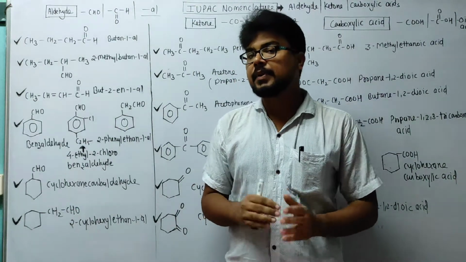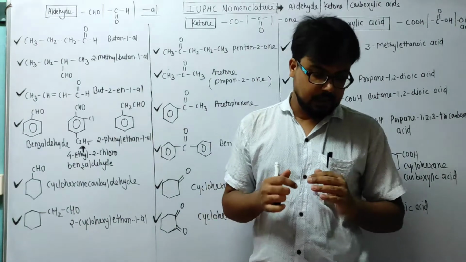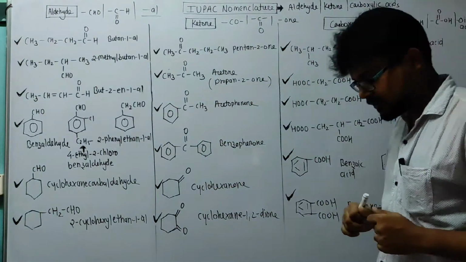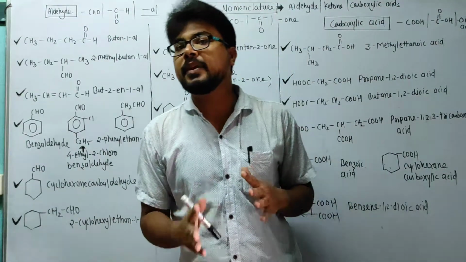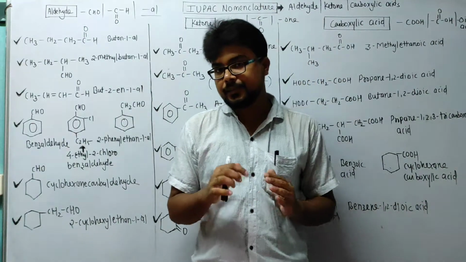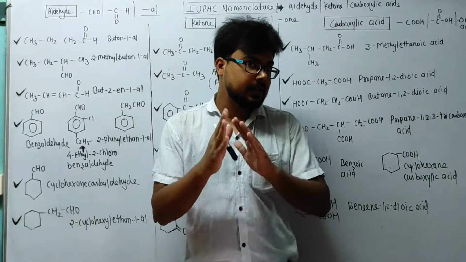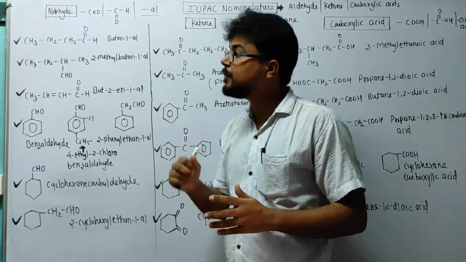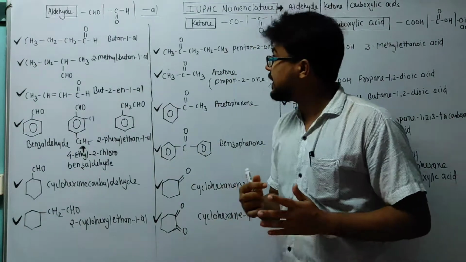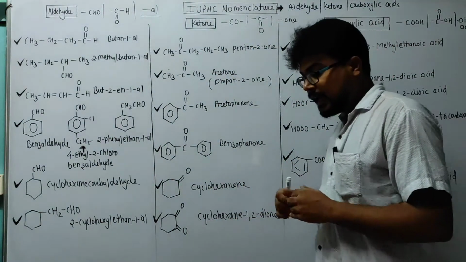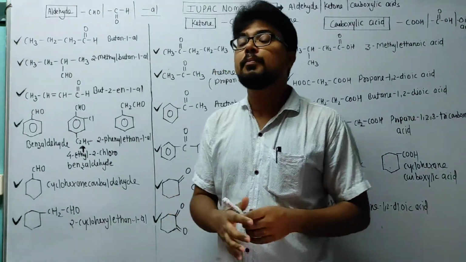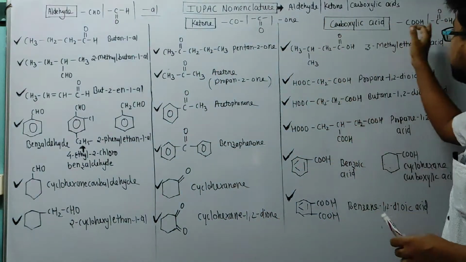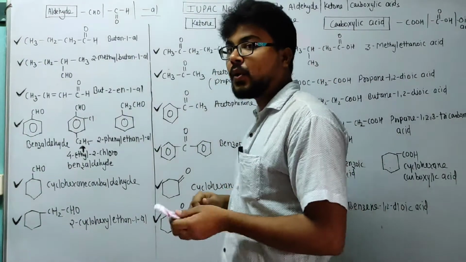In this class, we are going to discuss very important IUPAC naming, and that is for aldehyde, ketone and carboxylic acid. The IUPAC naming for this topic is the favorite concept, favorite choice for the examiner. So we will see how we can frame the IUPAC name when aldehyde, ketone and carboxylic acid are involved as functional group, means suffix. So for aldehyde we generally use al, for ketone on, and for carboxylic acid generally it is oic acid.